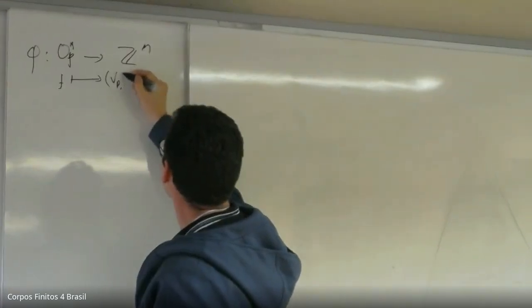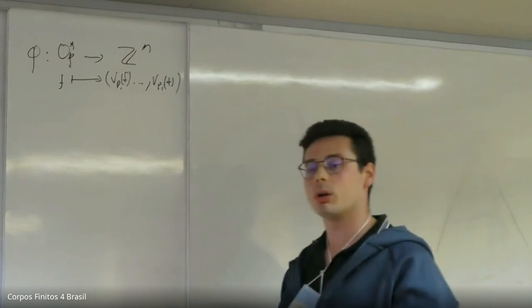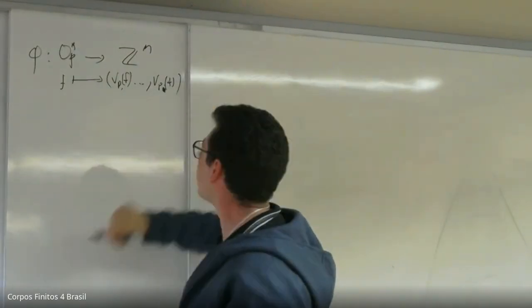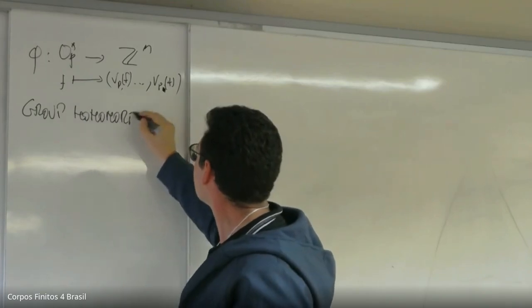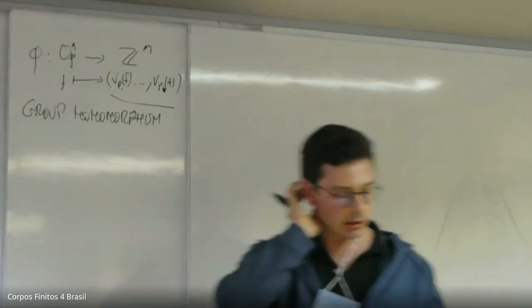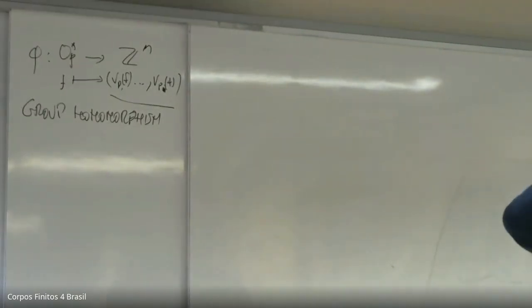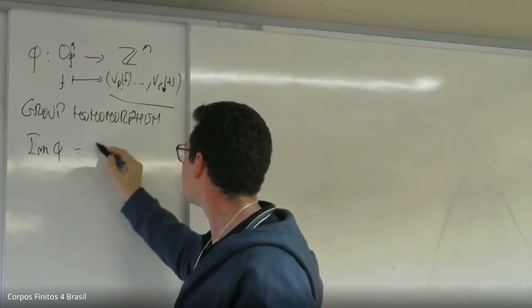Just pp1 of f, up to ppn of f. This is a group homomorphism. So I start with a set of functions, and I end up with a vector in some R to the n, say, with integer coordinates. Well, so this is a natural way. So the image of it is actually the lattice